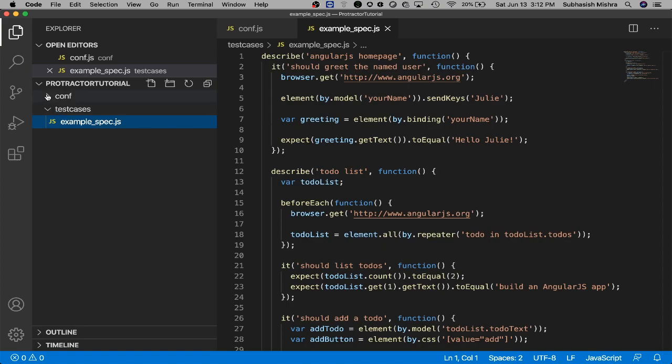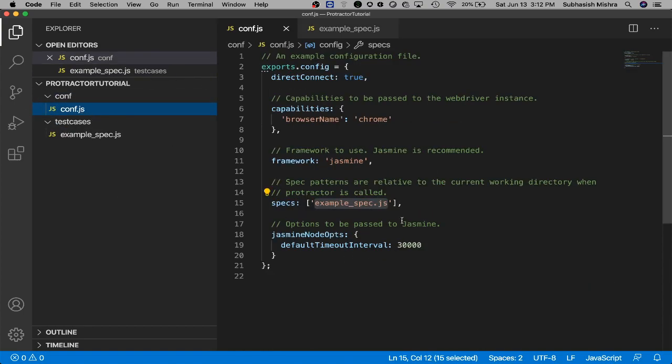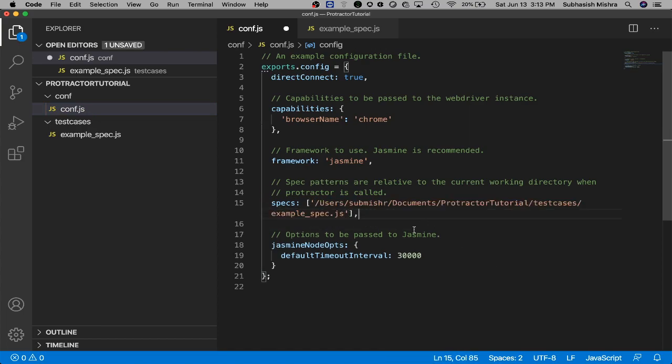Once you have copied this, come here to conf.js, select this and paste it. So here we have copied the complete path. Again, this is an absolute path. We should always give a relative path. Relative paths are always preferred as they are not complete paths from the root element, because in future if anything else is added or removed, then the absolute path we need to change. So it's always better to use relative paths in your automation code.